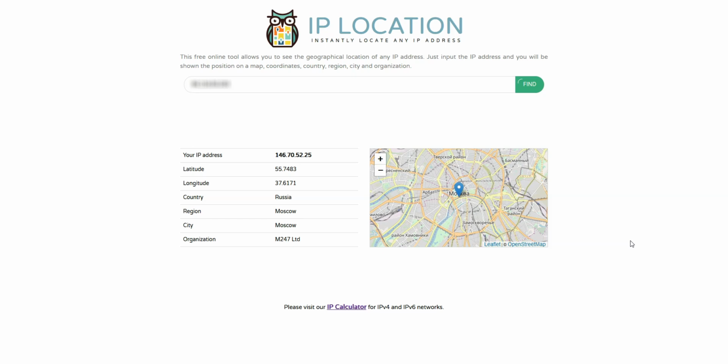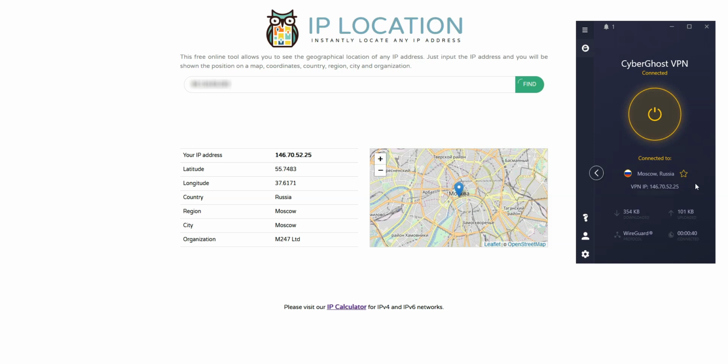As you saw, it's very easy. You just need to select Russia in CyberGhost, click a button, and that's it. I showed you how to do it from a computer, but it's the same principle if you're on a smartphone or tablet. The iOS and Android apps are quite similar to this one. CyberGhost even works on smart TV. I personally use it on Android TV. You can even use it on your PlayStation or Xbox.